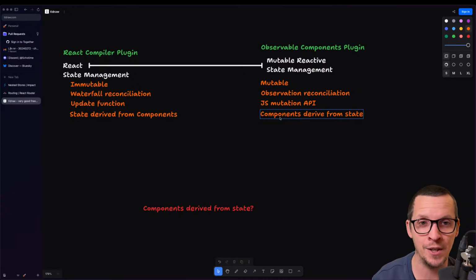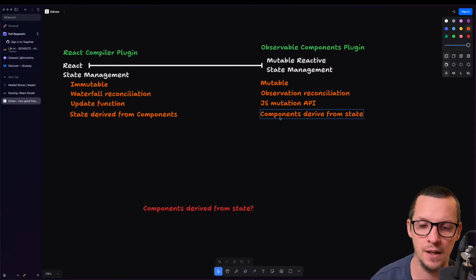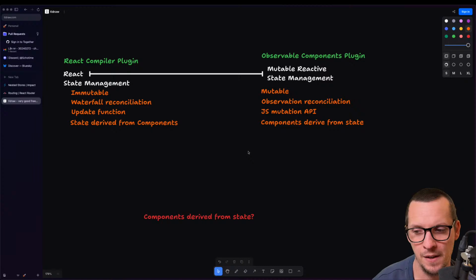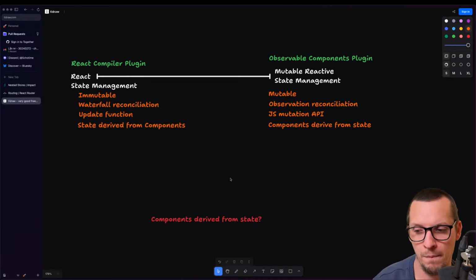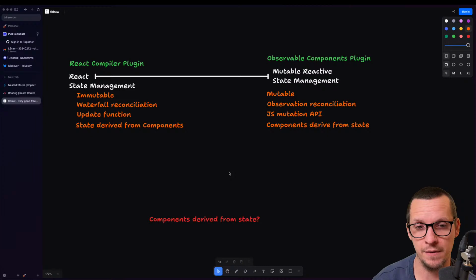React now becomes this tiny component in your application, which is just deriving the user interface for your application. And the application is your state management. And it's incredibly interesting.